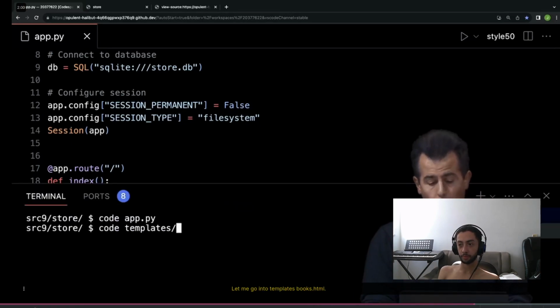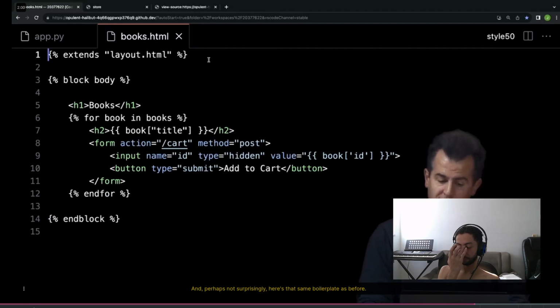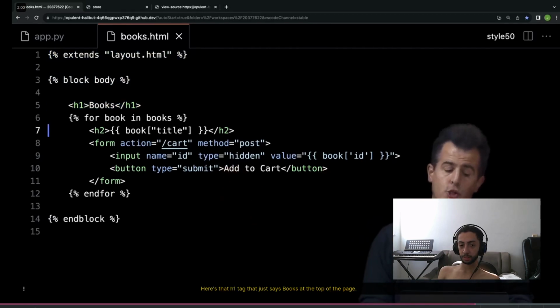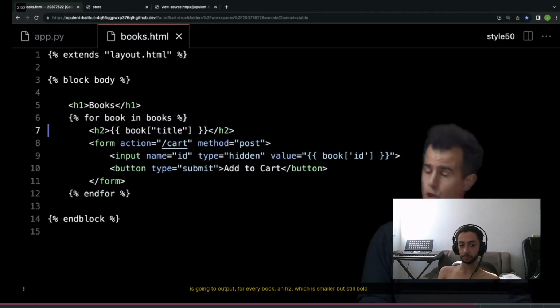Let me go into templates, book.html, and perhaps not surprisingly, here's that same boilerplate as before. We extend the layout. Here's my body block. Here's that H1 tag that just says books at the top of the page, and here's a Jinja for loop in the template that is going to output for every book an H2, which is smaller but still bold, for